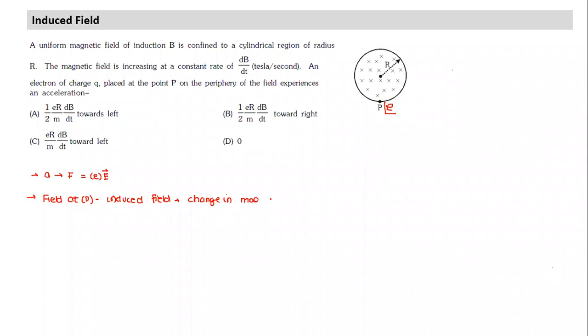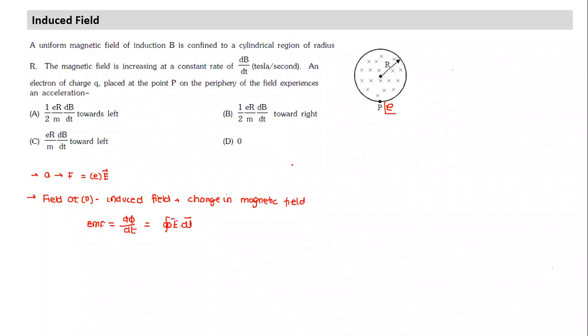And how do we find this out? We find it out using this equation. We use EMF, and in most cases we'll just use the magnitude. Direction we'll find out using Lenz's law, so in most cases I'm not writing the sign. EMF is equal to d phi by dt, and the EMF is the integral of E dot dl. That's what we are using all the time. That's the only thing we need to use here.